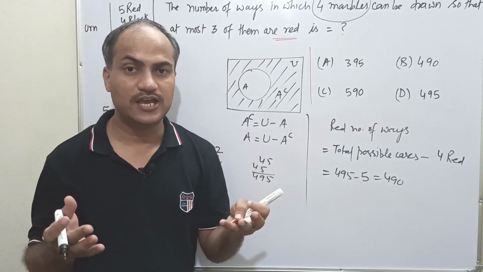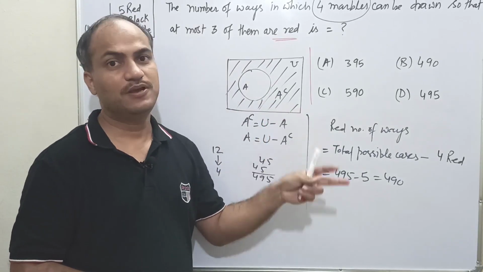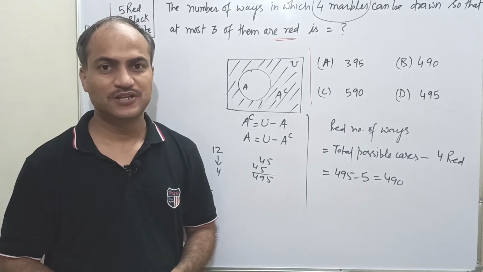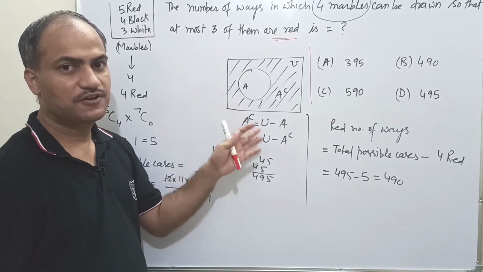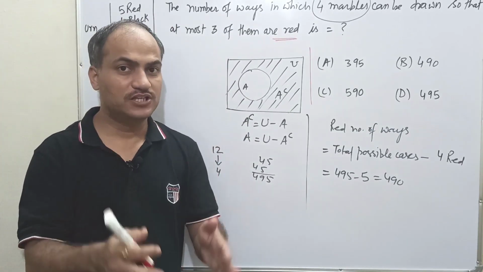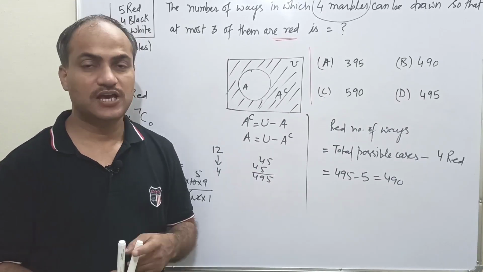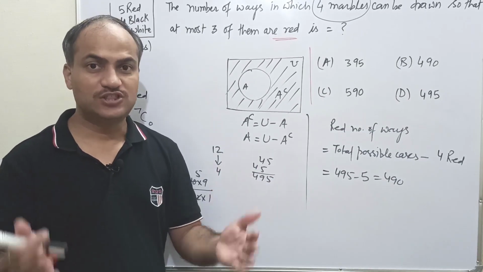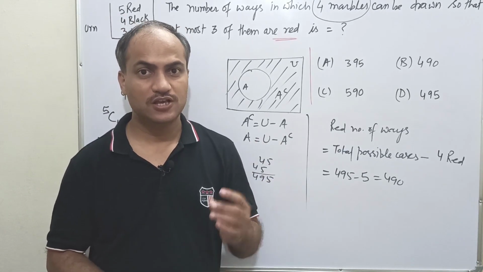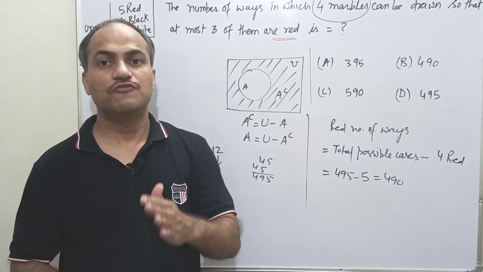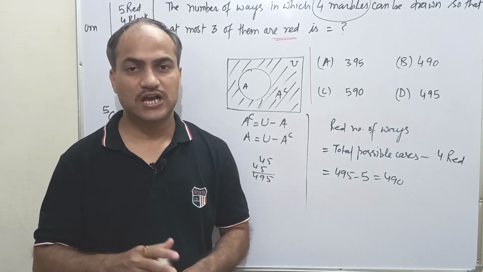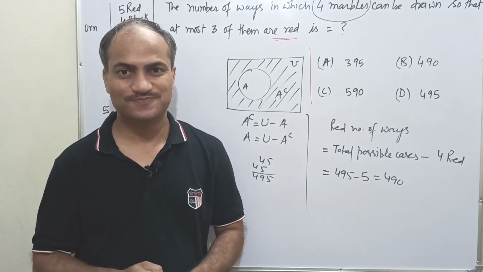There is no such criterion that the concept of one chapter can be applied in that chapter only. We can apply it anywhere. So this concept of set theory we are using here in permutations and combinations. Similarly, the concepts of permutations and combinations are used in many places, including probability. Concepts of set theory are also used in probability. I'll teach you many formulae of probability like this, which you can do from the chapter on sets. Don't worry, in my coming videos I'll upload all that information for you.